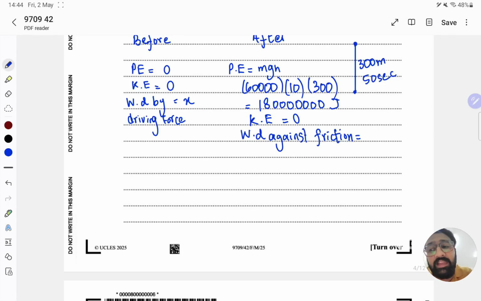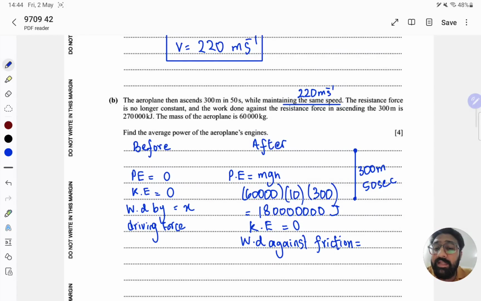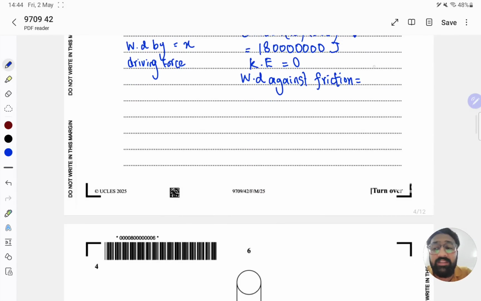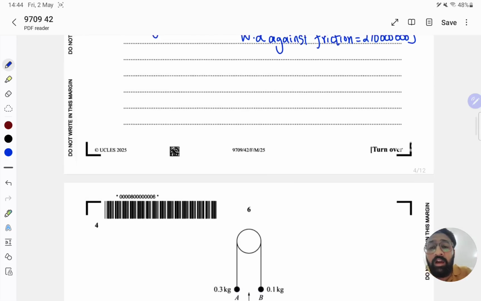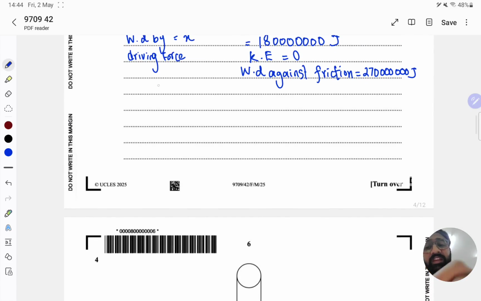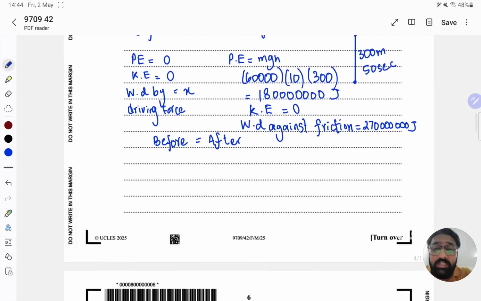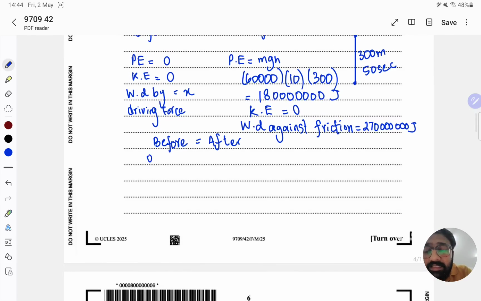So how much work has been done against friction? 270,000 kilojoules, so it's going to be 270,000 joules. Now we know the law of conservation of energy: the energy before and the energy after are going to be equal to each other. So the energies before will be 0 plus 0 plus x. Let me write x directly, which will be equal to the energies afterwards, which is 18 with 7